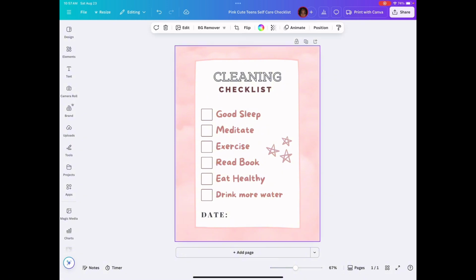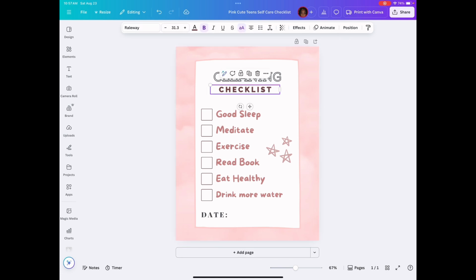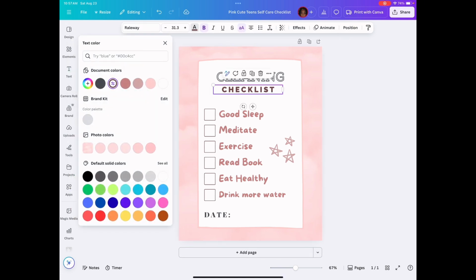Say I don't want this to be pink. I want this to be a different color. Well, I actually like the pink. Let's keep that. But let's change this. Maybe I don't like this checklist to be this brownish color. I will click it and then click the A at the top. It has that brown color at the bottom. That's how you change the color